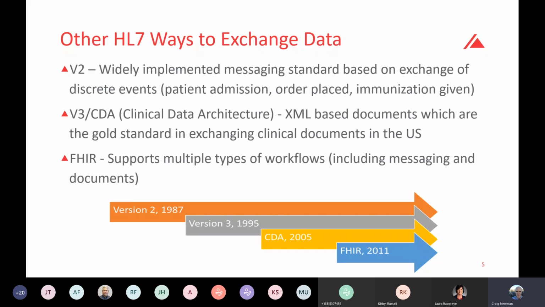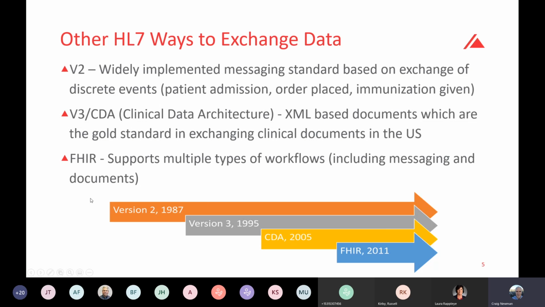So that's HL7 at sort of a high level. I will pause there, see if there's any general questions about HL7 and how that works before we move into FHIR and the standard itself. All right. If not, we wanted to put FHIR in a context with maybe some other standards